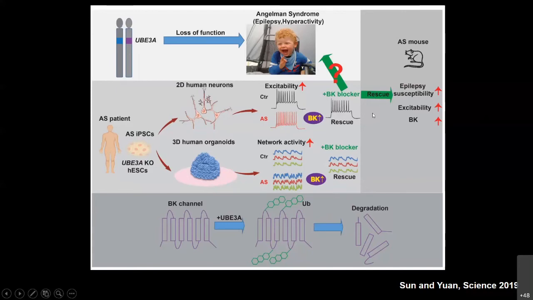Okay, so I just want to highlight a point that's different from most of the Angelman studies in the field, in that most people study mice neurons and mice models. We learn a lot from these mice models, but none of these mice studies uncover this phenotype, right? So why is that so? And what's so special about our system? Well, I would think that there are at least two things.